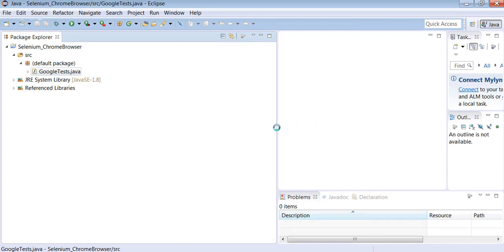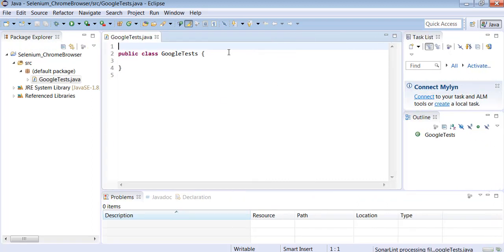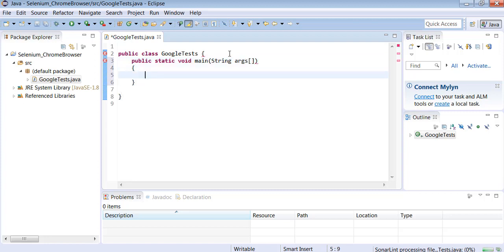Let the program open now. Once the program opens successfully, in a Java program we always write public static void main. Under this we have to write the first line of statement as